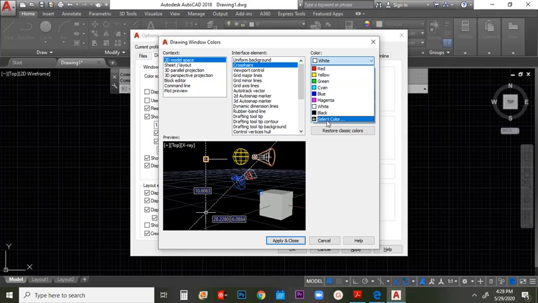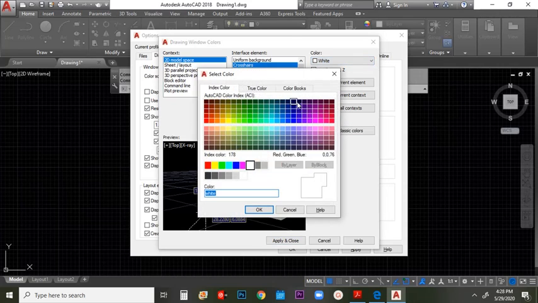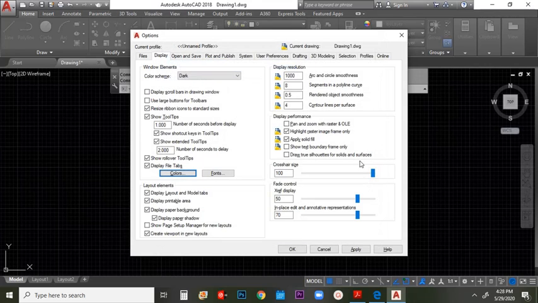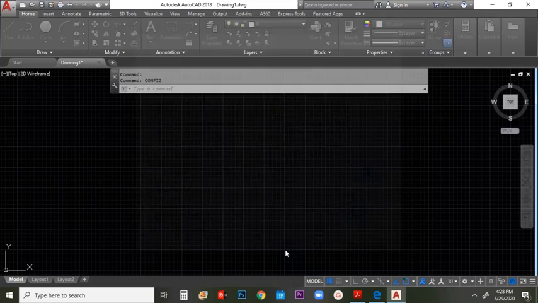Go to color, select color, and then you have here a color palette. Try to select color number 14 or any earth tone colors. So this one, color number 14. Click OK, and then apply and close, and then double check before you apply, and then click OK.